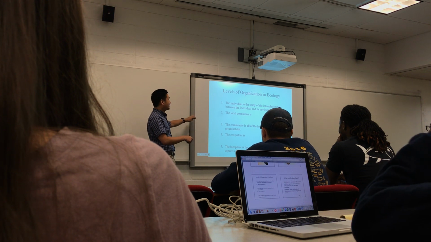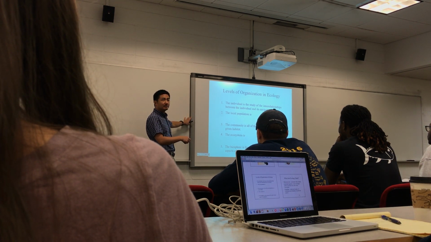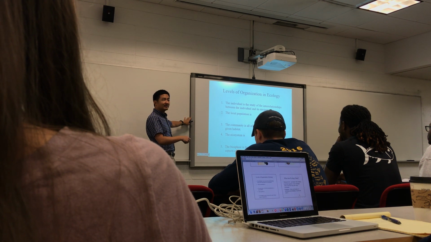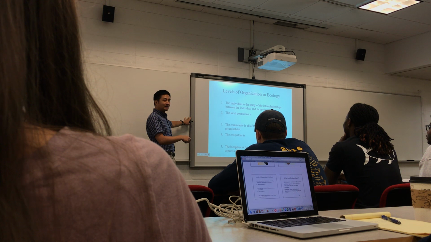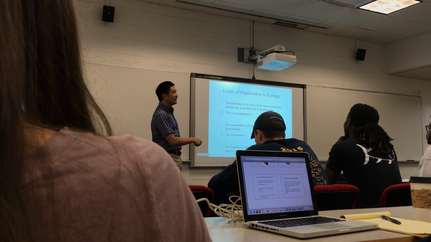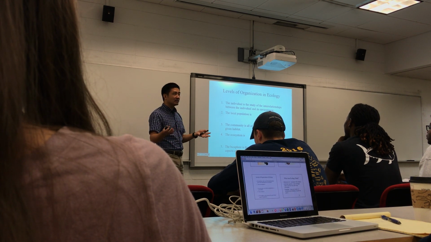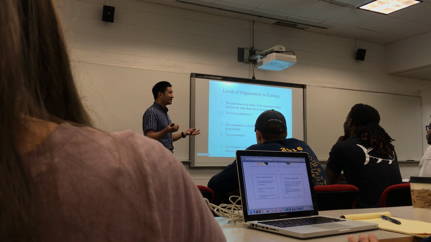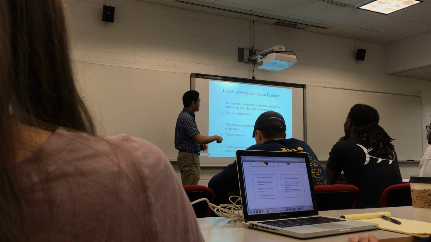Do I have to repeat it? The local population, what is the population? Same species living in the same area. Okay, community is all the local populations. That means different species. Now, ecosystem is